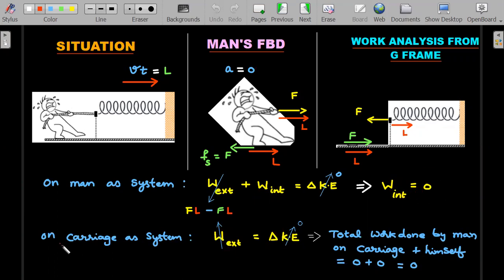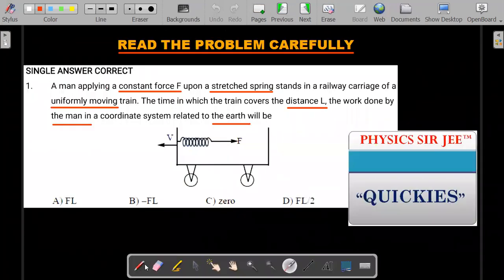Use this one. And then on the carriage as a system, this is important, work done by the external forces only will act. There's no internal mechanism here. And that work done by external agents are this F and this F, both again add up to 0. So this calculation will be true for both of these. Delta K is 0, and therefore total work done by man, this word means on carriage and on himself, due to each of these separate calculations, it's 0 plus 0, which is supposed to be marked as the 0. So a lot of students made a mistake when I presented this problem in the practice situations. So the answer has to be taken as 0 here.